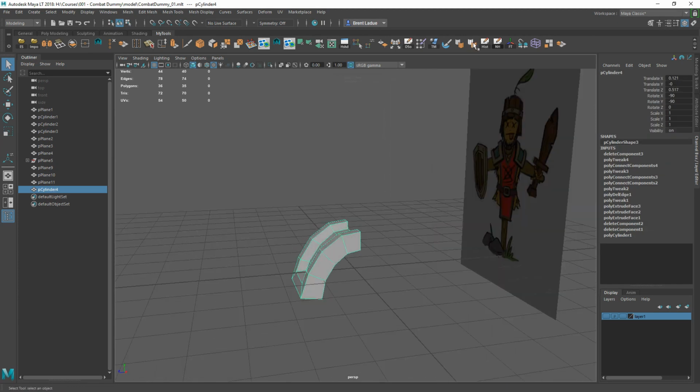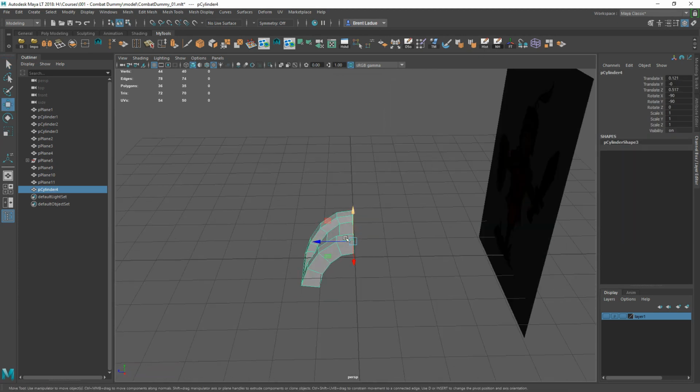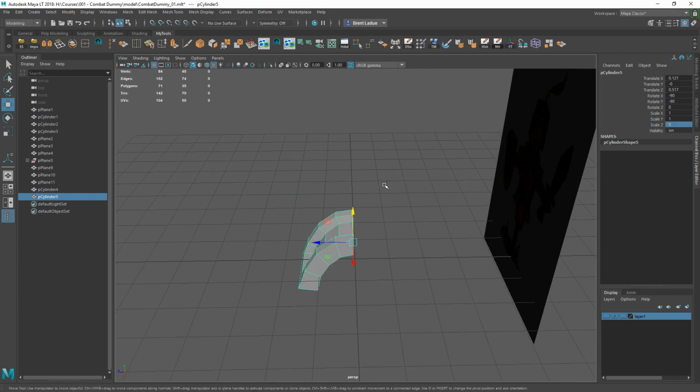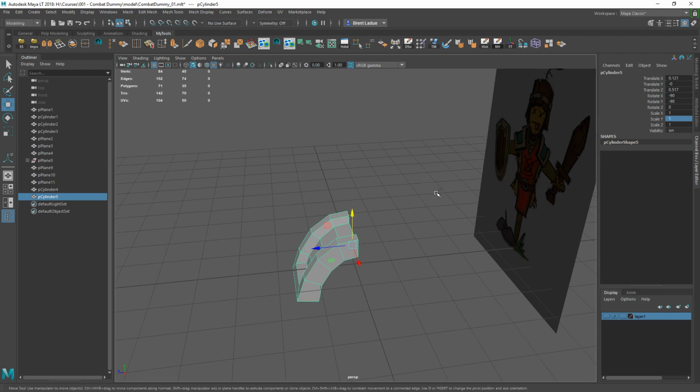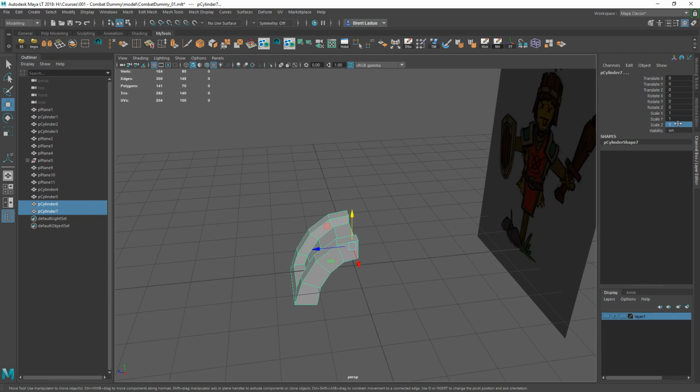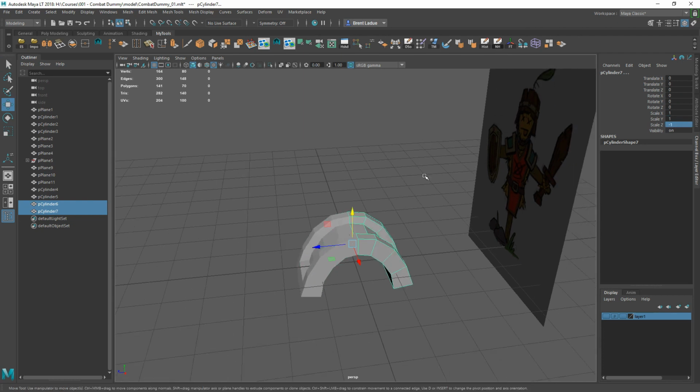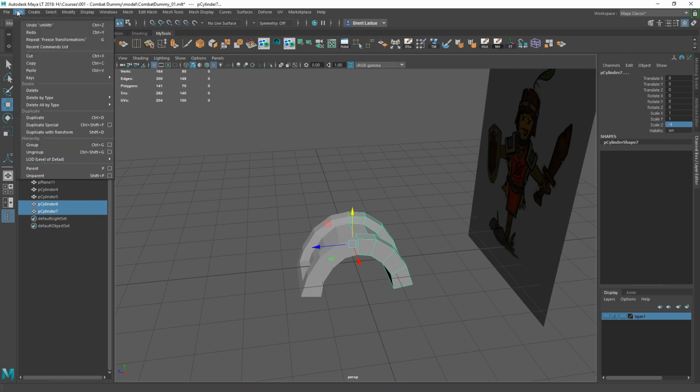Now we'll duplicate it again. This time I'm going to do it on the Z. Whoop. Not the Z. Let's see. Oh, you got to freeze my transforms first. Then duplicate on the Z. I had transform information, so you got to make sure that you clear your transforms. I believe you could go